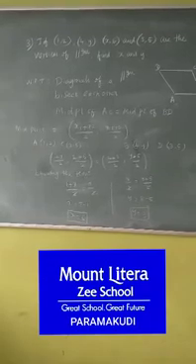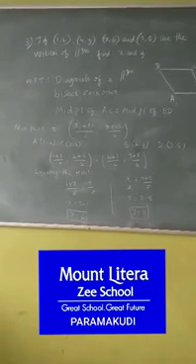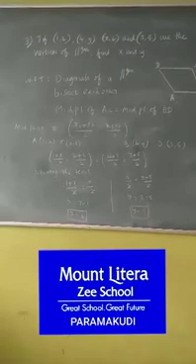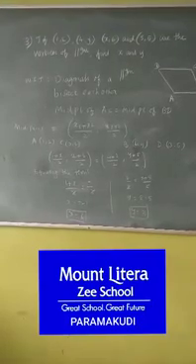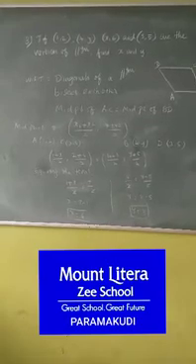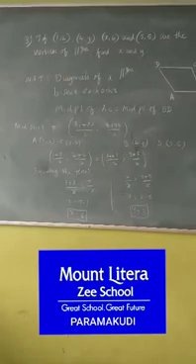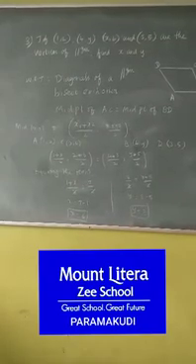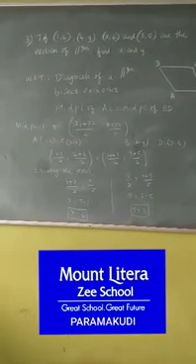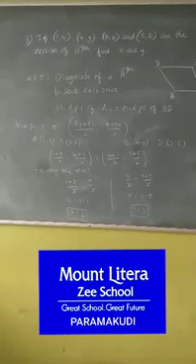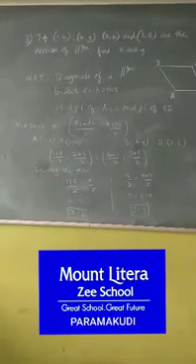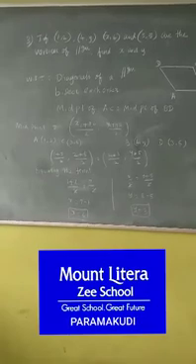Because I am equating the terms, the midpoint has 2 terms, one is x and another one is y. Now I equate the remaining terms: (2 plus 6) by 2 is equal to (y plus 5) by 2. 2 plus 6 is 8, so 8 by 2 is equal to (y plus 5) by 2. Cancelling the 2, we have y is equal to 8 minus 5, so y is equal to 3. So I found the values of x and y.